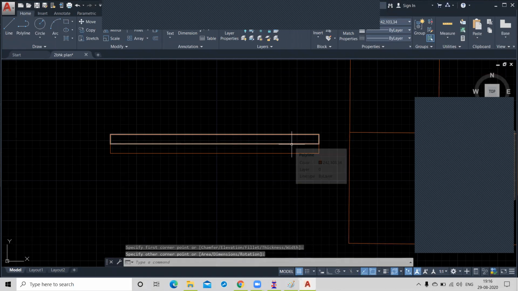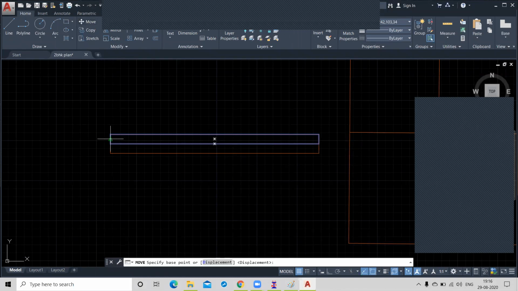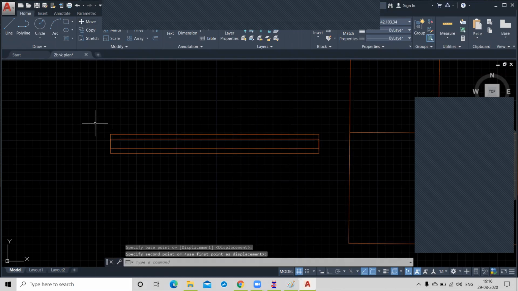If you take this wall on the center of your beam, now both are correct. You can take the center of your wall, and taking the center of your beam is also correct.